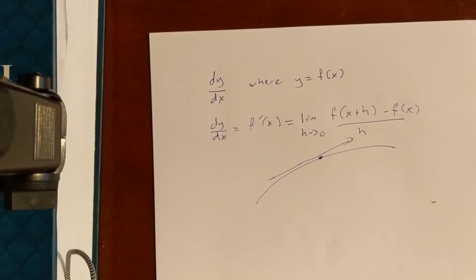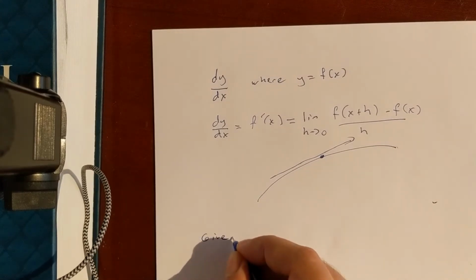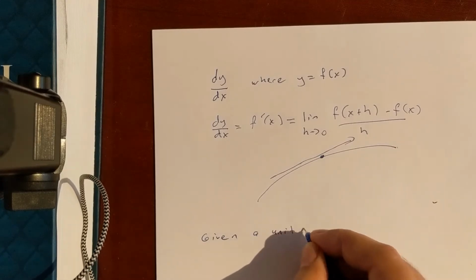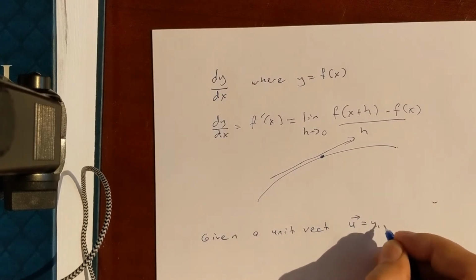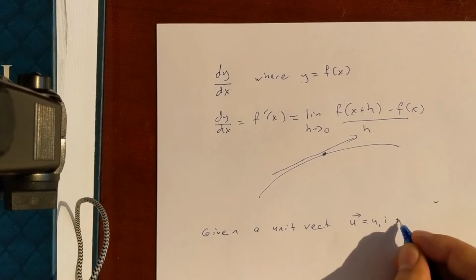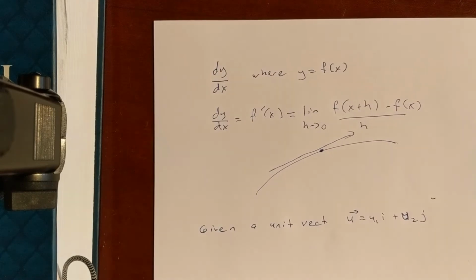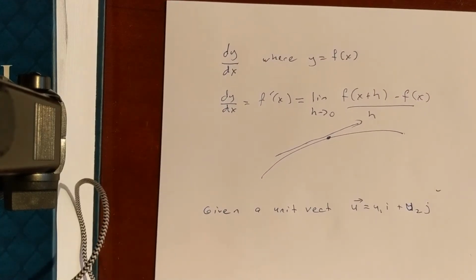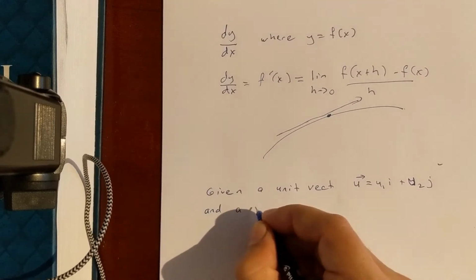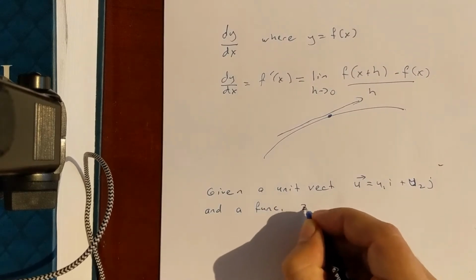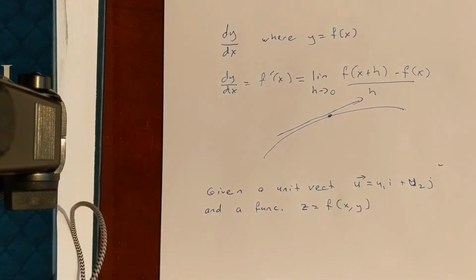Given a unit vector, let's call it u because it's unit, with components u1 i plus u2 j, we want to find it for a multivariable function, z equals f of x, y. It's in terms of x and y. We'll do an example in a second. So how would we define